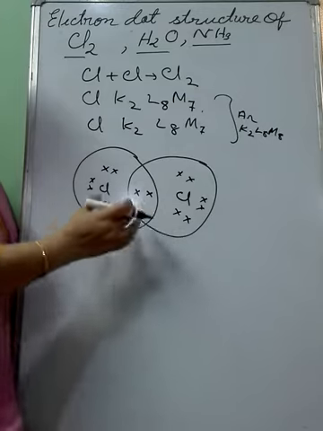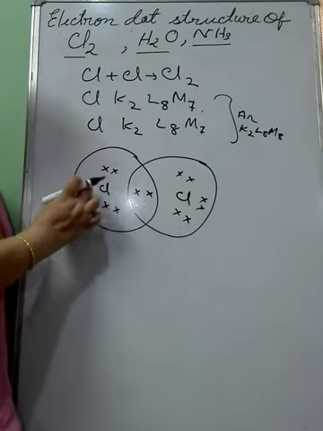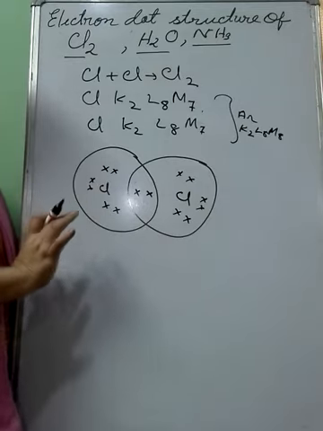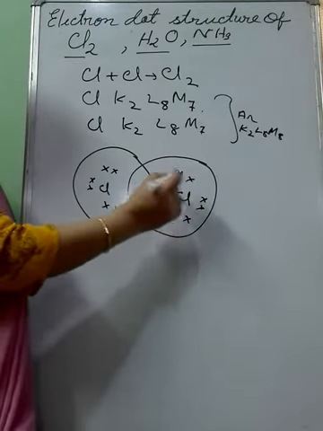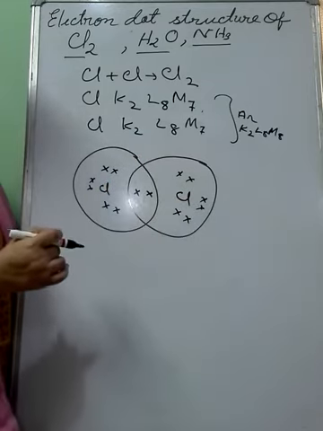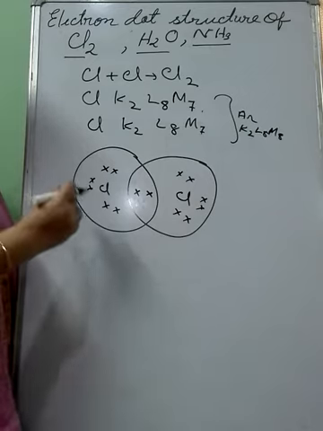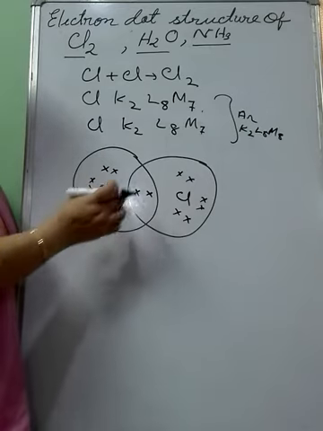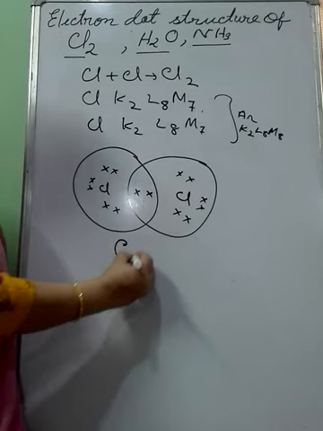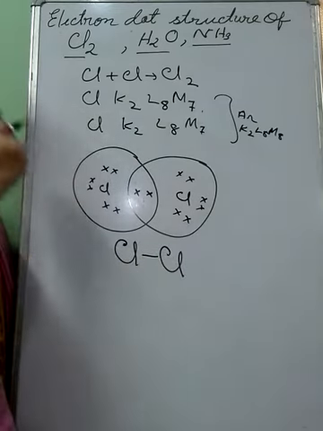Now you count the number of electrons in both the chlorines. For this chlorine, 1, 2, 3, 4, 5, 6, 7, 8. Outermost electron configuration of argon. Here also 1, 2, 3, 4, 5, 6, 7, 8. So chlorine is getting the argon configuration. Now both the chlorines are getting the nearest noble gas configuration, so they will form this molecule by sharing this one pair of electrons. So chlorine is also a single covalent molecule, which can be shown by a single dash.